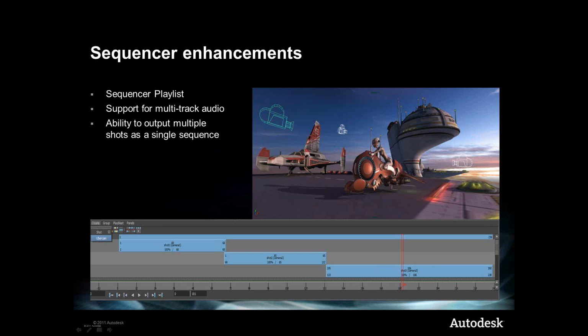So it means that you can now have the ability to output multiple shots as a single sequence for easier game cinematic rendering or export to a games engine. When I mentioned this, exporting to games engine, this is becoming popular across different disciplines. More and more, you'll see it not only in the gaming industry, but